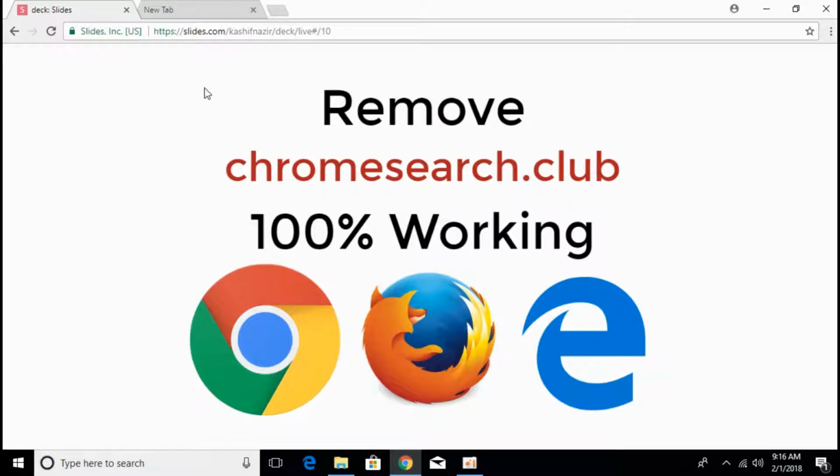So currently we are facing the error of Chromesearch.club malware or virus on our browsers, including Chrome, Firefox, Edge, Opera or any other browser you are currently using. To remove the virus, what you have to do is just go into your browser and open a new tab,